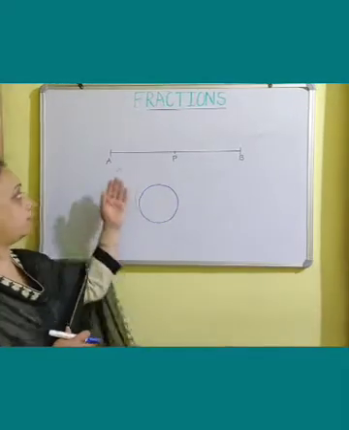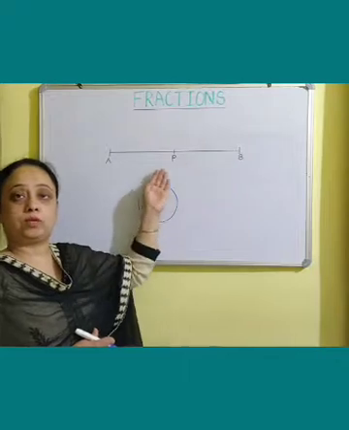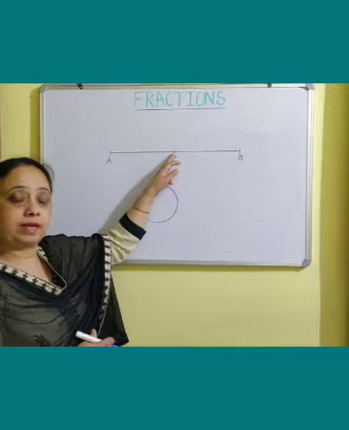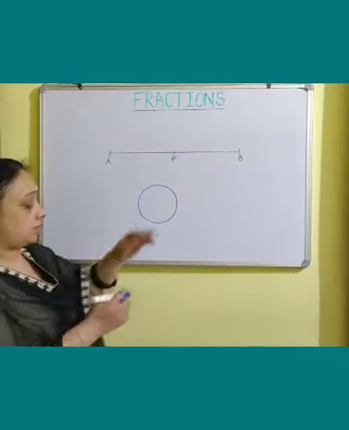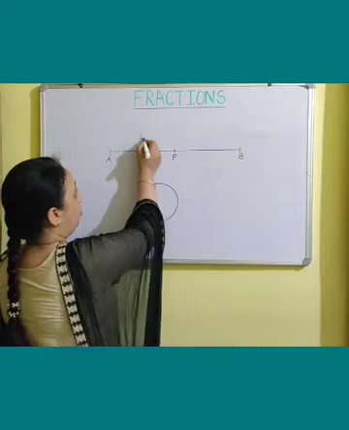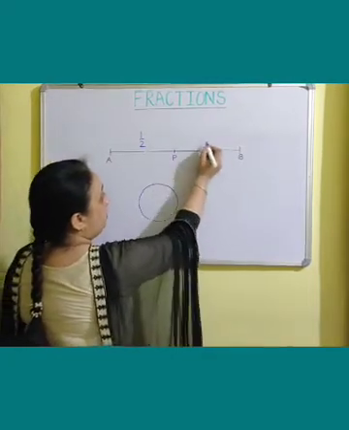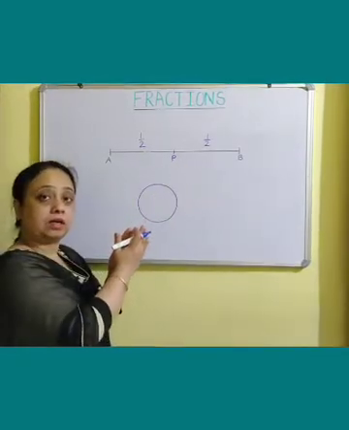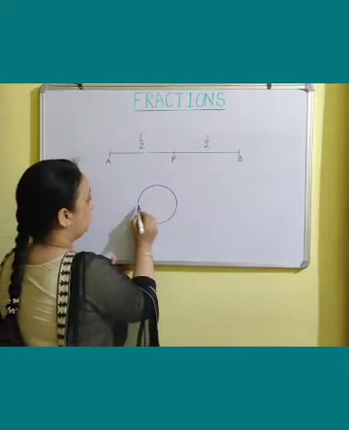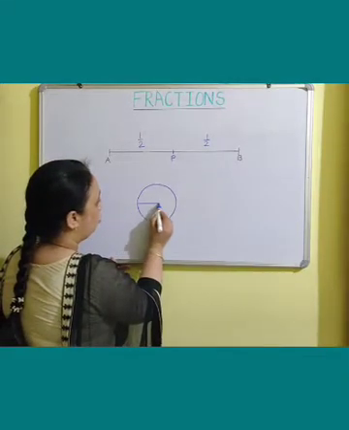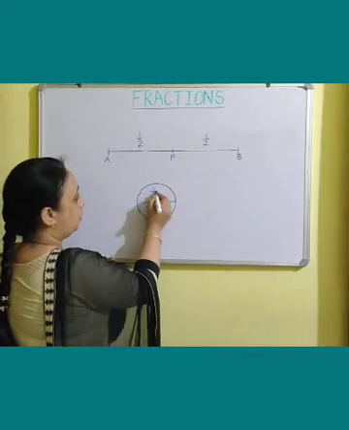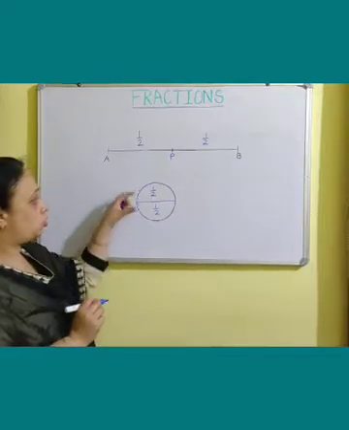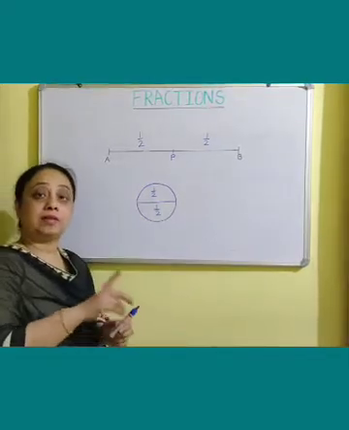Now if I have to divide this line, which is AB, into 2 equal parts, in the center of this line I am going to make a point that I have made here, P. So AP is one half of this line and PB is the other half of this line. So 2 halves join to make a whole. Similarly, this circle, if I divide into 2 equal parts, this will represent one half and this is going to represent the other half. So these 2 halves, when they are joined, make one whole.